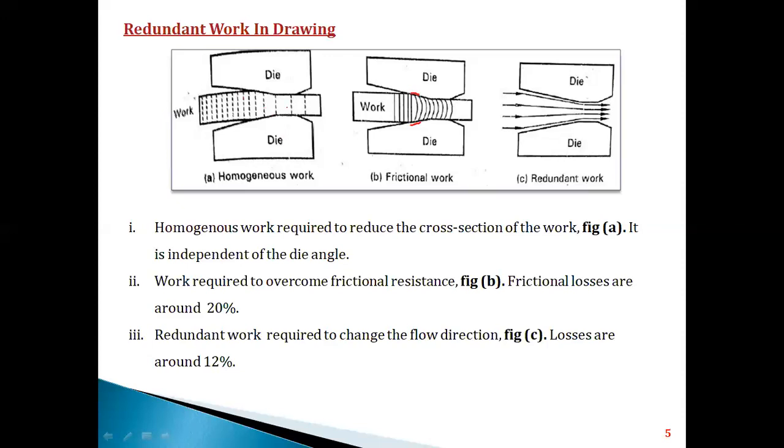But the frictional and redundant work, which you can see in the second and third cases, are dependent on the die angle, and they are closely related to the die geometry, and there is some opposite effect also. During normal conditions, there are some losses of around 20% for the frictional work case and around 12% for the redundant work case. So redundant work and frictional work develop some adverse effects,